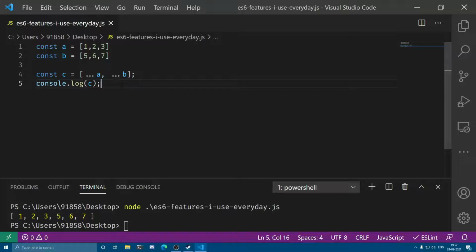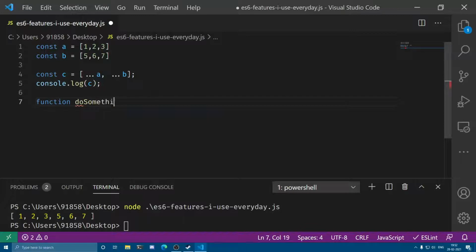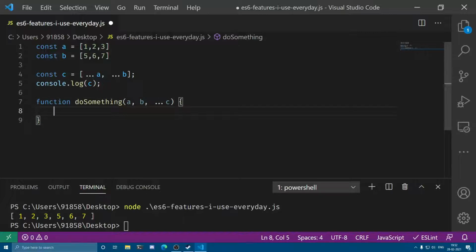So this makes it really easy for me to concatenate arrays and do stuff with arrays. And this spread syntax also works for functions. Let's suppose I have a function do something again, and I want to take A, B and then C. This means that if I provide an infinite list or a finite list to this do something function, the very first argument is going to be assigned to A, the second argument is going to be assigned to B, and all the remaining arguments are going to become an array. Okay, so all the remaining items will become part of an array, and that array will be assigned to C. So the spread operator is really helpful when dealing with this sort of syntax or merging arrays.